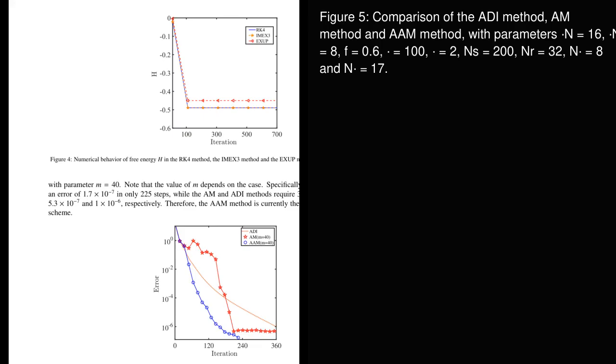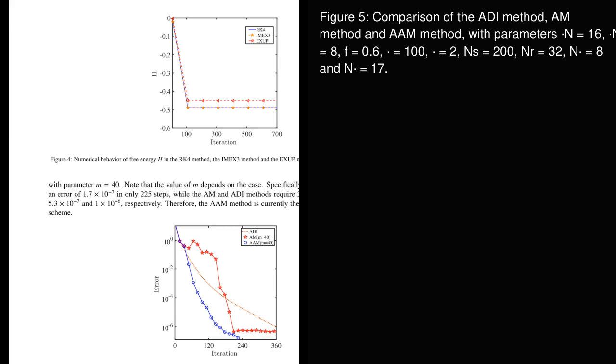The ADI method shows the slowest convergence among the 3, requiring more iteration steps to meet the target accuracy. The Anderson mixing method improves on this, showing a faster rate. The adaptive Anderson mixing method converges the fastest and requires fewer steps than standard Anderson mixing, thus representing the most efficient technique among those tested. The authors interpret these results as demonstrative of the effectiveness of the adaptive scheme in accelerating nonlinear SCFT iterations with